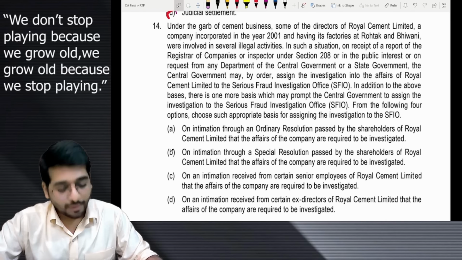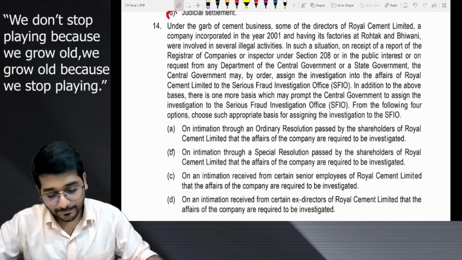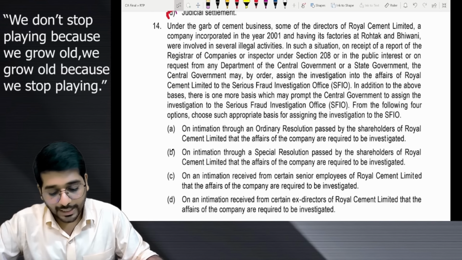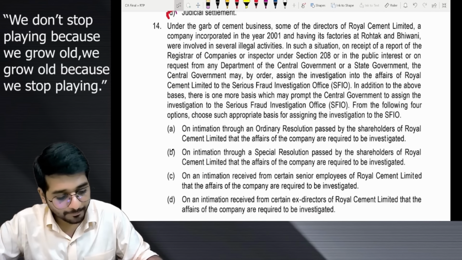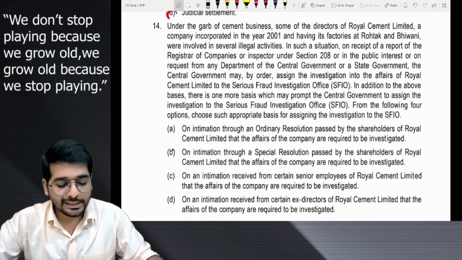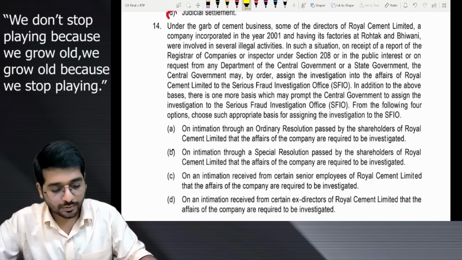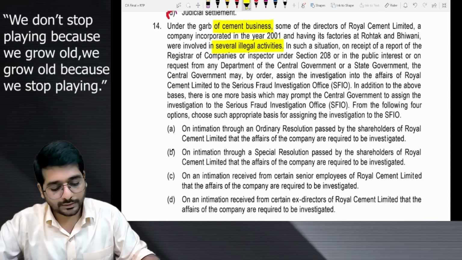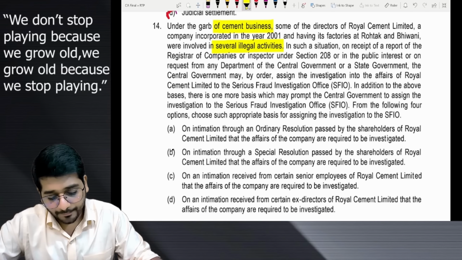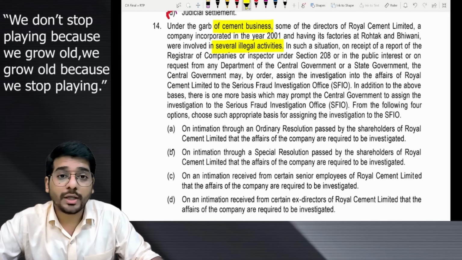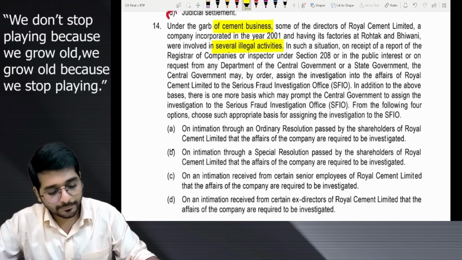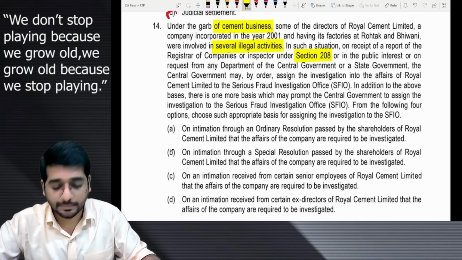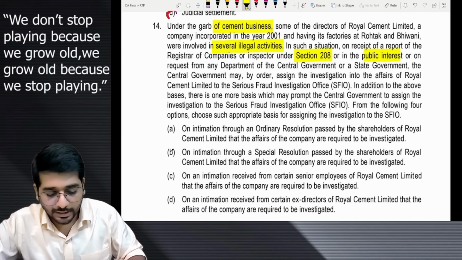Under the garb of cement business, some of the directors of Royal Cement Limited, a company incorporated in the year 2001 and having factories in Rohtak and Bhiwandi, were involved in several illegal activities. Okay. Several illegal activities. Where? Cement business. Okay. In such situation, on receipt of the report of the ROC, or the inspector under 208,